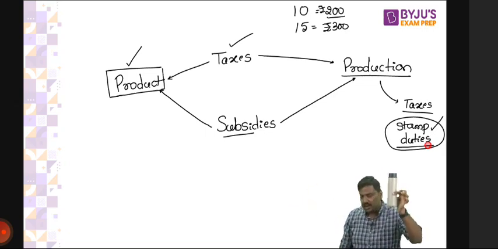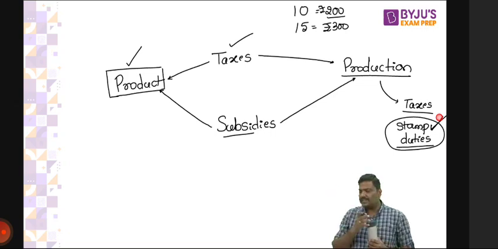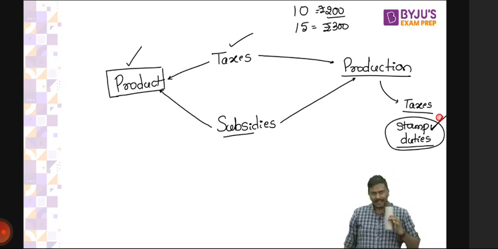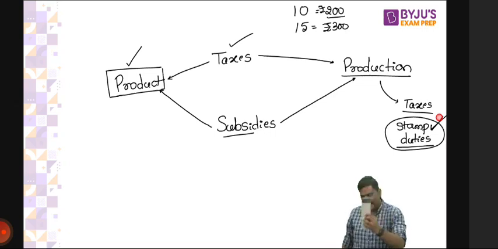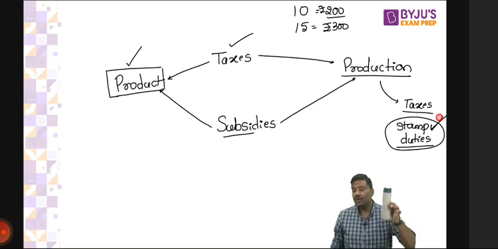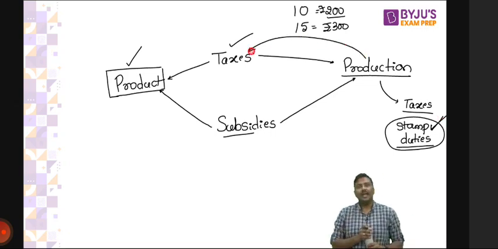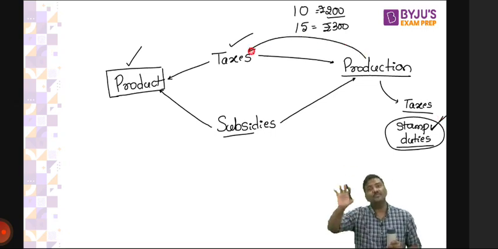So understand the logic here. Can I say the stamp duties that you've paid as a manufacturer are in no way connected? It is independent of quantity of production. The amount of taxes that you've paid in this example is independent of quantity or volume of production, right? Such types of taxes are called production taxes. And trust me when I say this, manufacturers will pay a lot of production taxes.